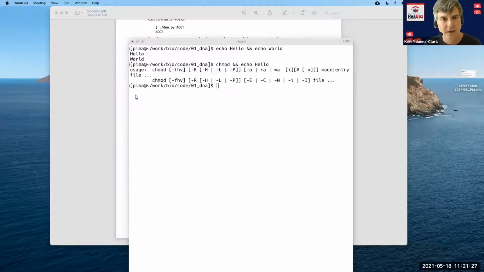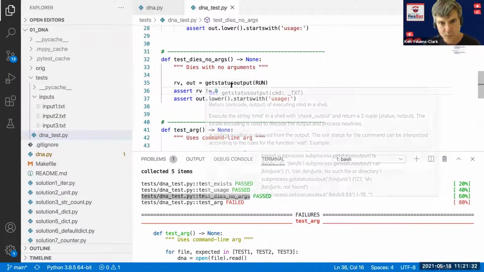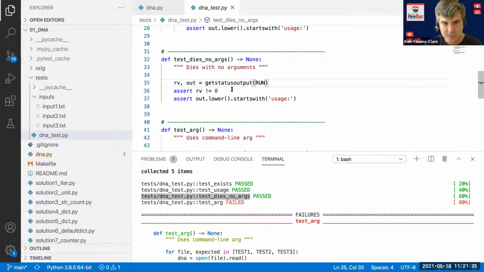So that is why here, when I run the program with no arguments, I expect that the return value should not be 0. And this is crucial. And that behavior is entirely handled for me by argparse. I don't have to write that. I describe to argparse that I require one argument. It must be the string. And if the user gives me anything other than that, argparse takes care of it, shuts down the script, reports a non-zero status, prints a nice useful error message, and I get all that behavior for free just by using the standard module.